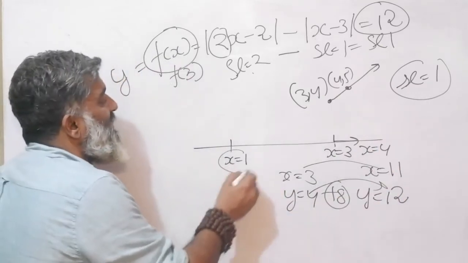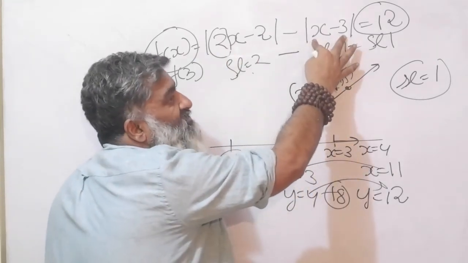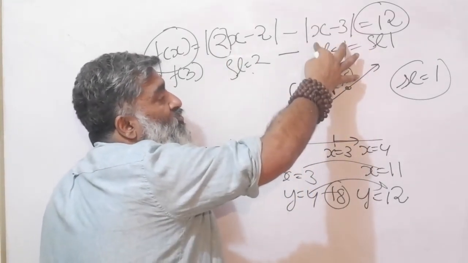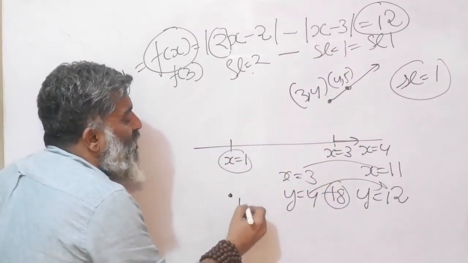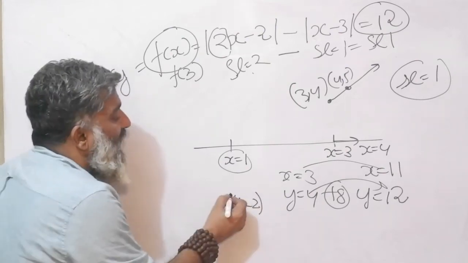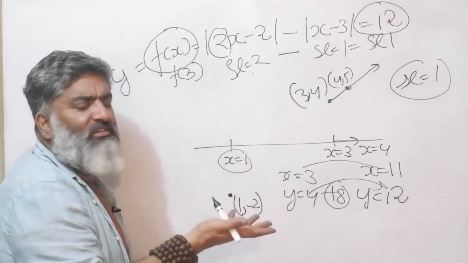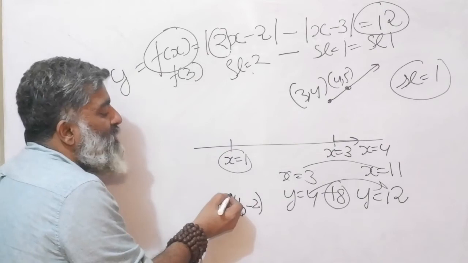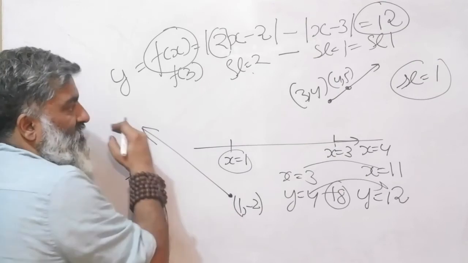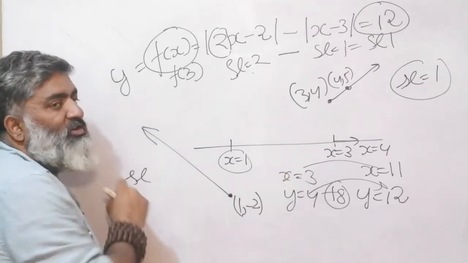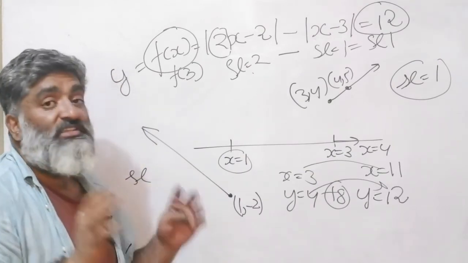Let's observe the other side. If I put x is equal to 1, this becomes 0. And if I put 1 here, 1 minus 3 gives me a minus 2. Mod of that gives me a 2 and a minus outside. So the overall point will be (1, minus 2). And because I know the underlying mechanism, the clear maths below whatever is happening, I know beyond this point, again the slope is going to be 1, but in this direction. If you go from left to right, the slope is going to be 1. So again, no need to memorize right now, just see what the game is.